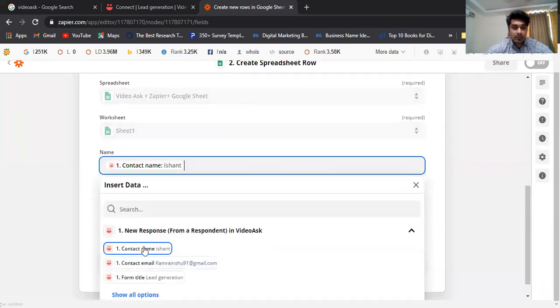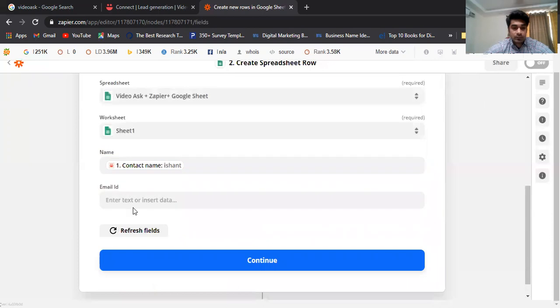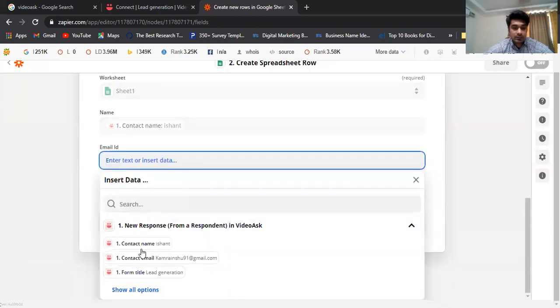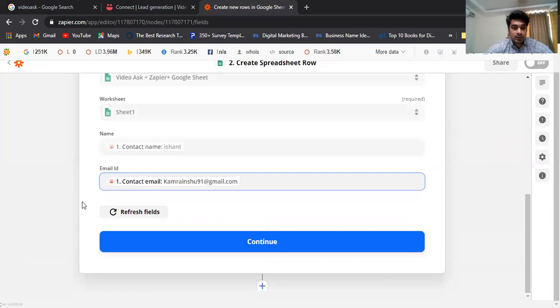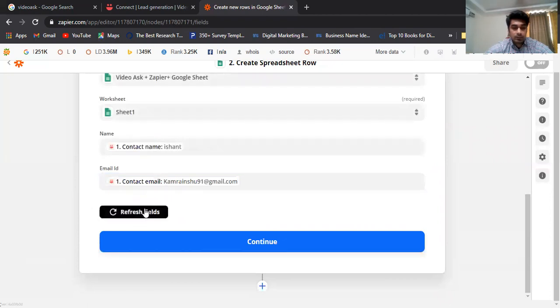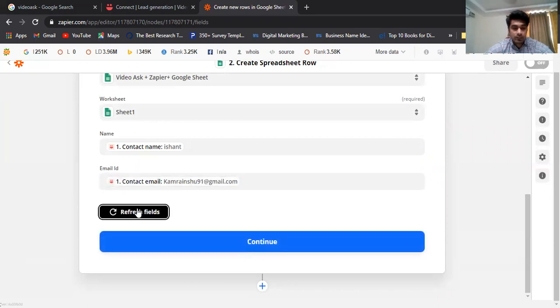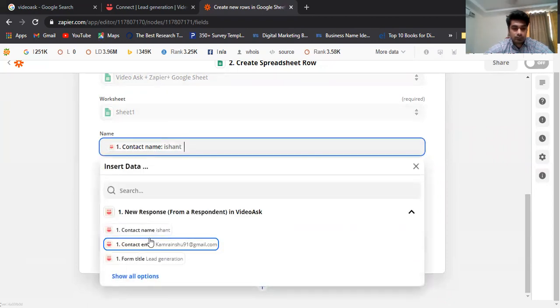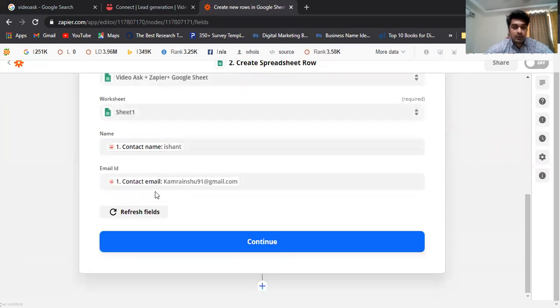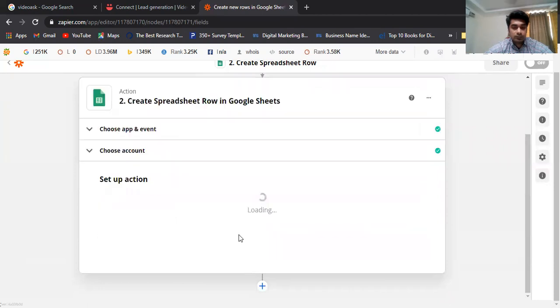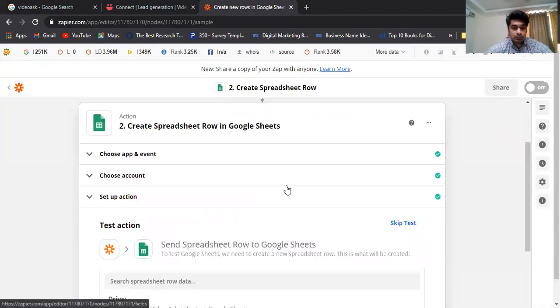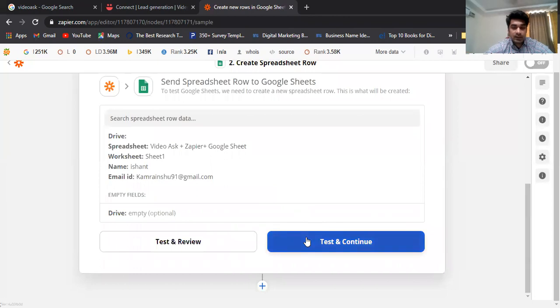Then I want name. Then I want email ID. Select this. Okay, name and email ID. Then continue. Test and continue. Click.